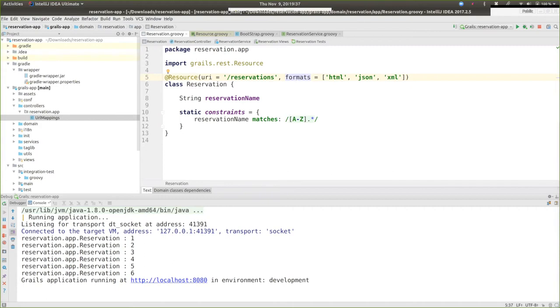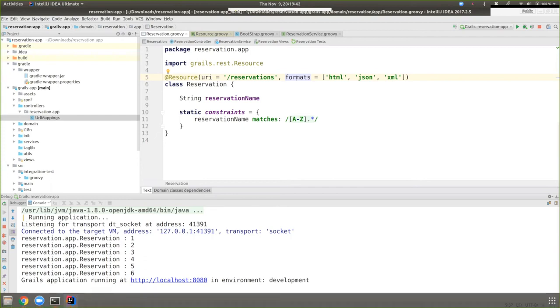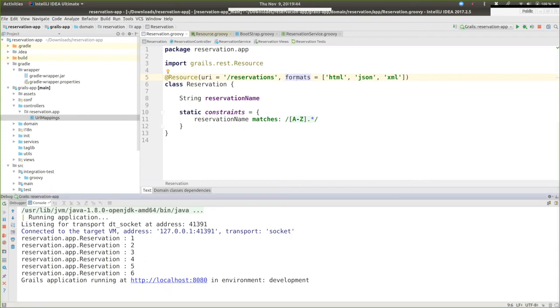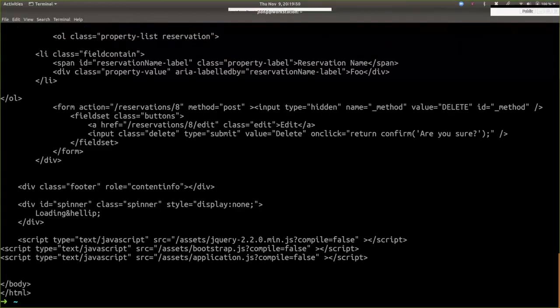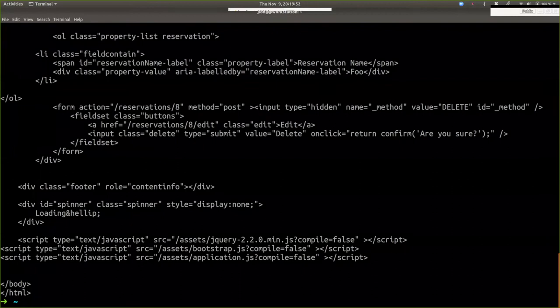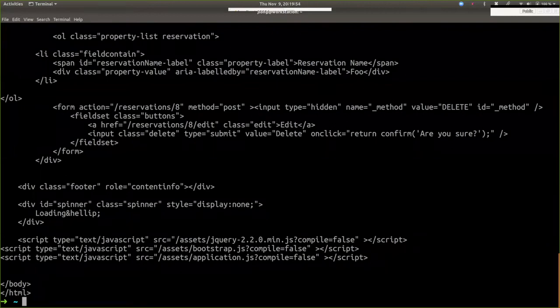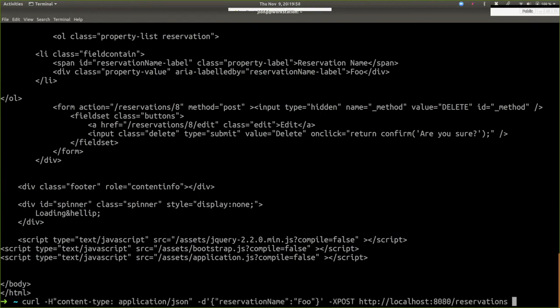So let's see, is the application still running? Yeah, looks like it. Yep, so if you re-hit the curl command, you'll see the same behavior you saw before. Well, what we're seeing is we get an HTML response there, because HTML is the default. So now if you put .json at the end of the URL,